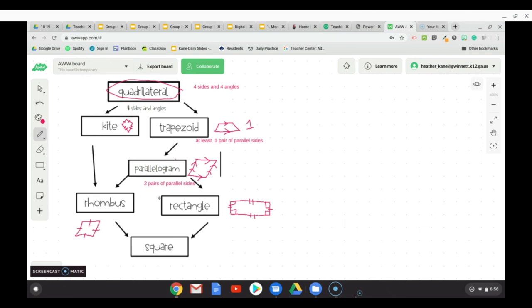So then from a rhombus into a rectangle, you can get even more specific into a square, right? And we all know a square, all the sides are the same size, all of the angles are 90-degree angles, the opposite sides are parallel. It has all of those attributes. So you take all of those and you put them into one, and it becomes the square. And because a square is at the bottom of the hierarchy, it is always the things above it. A square is always a rhombus. A square is always a rectangle. A square is always a parallelogram, a trapezoid, a kite, a quadrilateral. However, when you're working back down, a quadrilateral